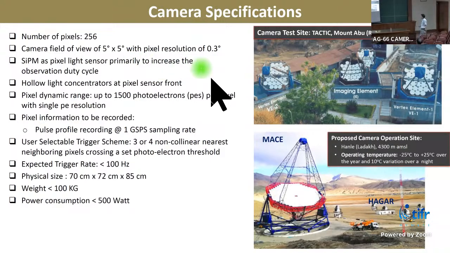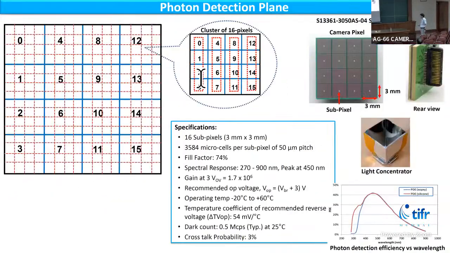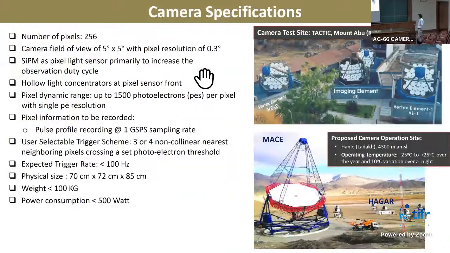And hollow light concentrators are used at the pixel sensor front, basically to avoid the requirement of using a large sensor and to avoid the night sky stray light coming from the nearby objects. The pixel dynamic range is 1500 photoelectrons per pixel with single photoelectron resolution, and we will be